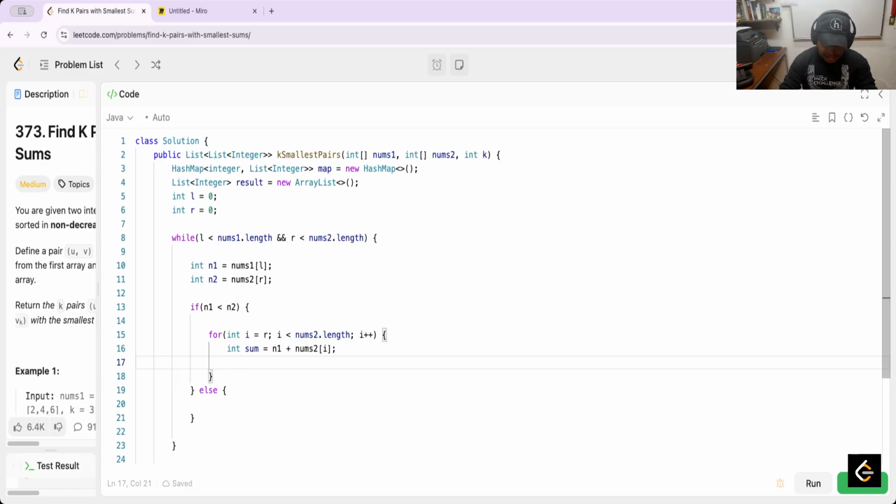Well, in the case that the record of the sum doesn't exist, map.containsKey sum. In the case that it is not contained, put sum